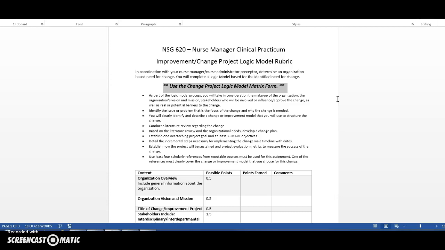From that, you will actually complete a logic model. There is a form included in the course, so use the logic model matrix when you're completing this assignment. That's very important because it will help guide you through the logic model process. As you're doing the process, you will consider the makeup of the organization, and that includes the mission and the vision. You'll be taking a look at who are the stakeholders in this change, and I want you to